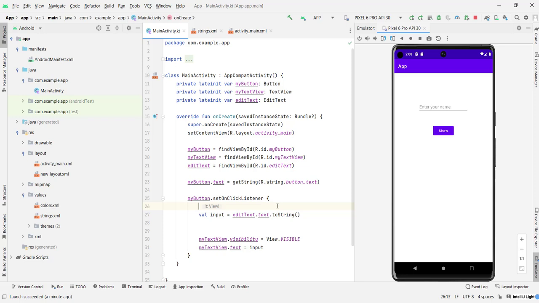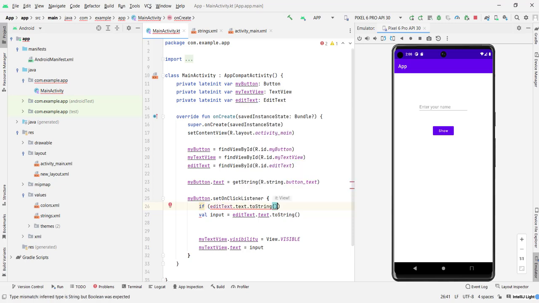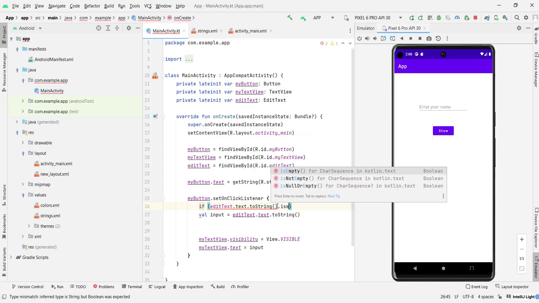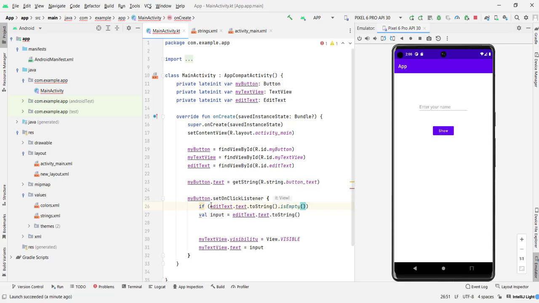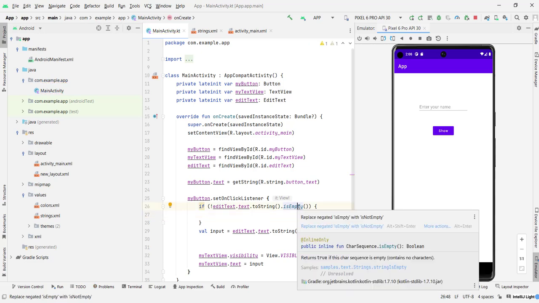So let's do that. And to do that, I'm gonna go up here and I'm gonna type if. I'm gonna type here EditText dot text dot toString. So the input, what the user typed, is empty, or is blank, you can use that one if you want, is empty. And I'm gonna put the logical not operator in front. So if it's not empty, so let's press enter, and now we have an underline here,